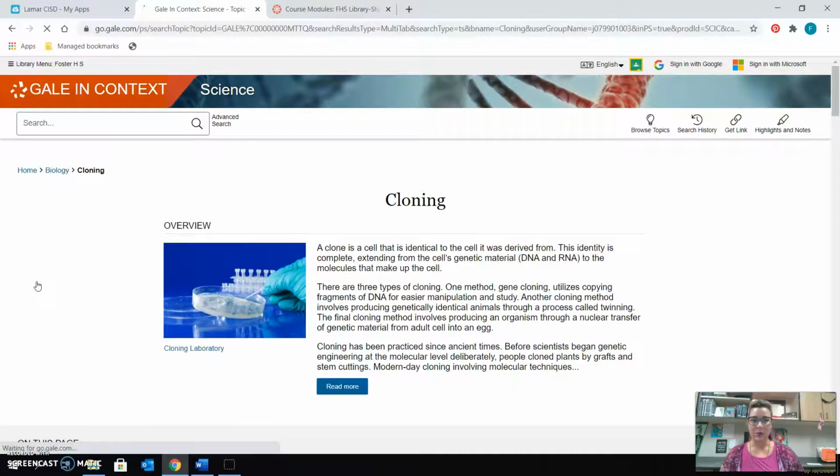All right, so here's what will be considered a topic page. And so on each topic page, you're going to have your image that represents the topic. You're going to have an overview of what it is, and it's an essay providing kind of an intellectual framework for understanding. It's going